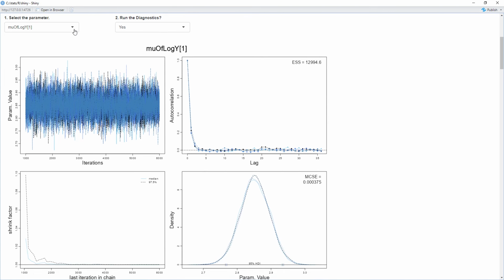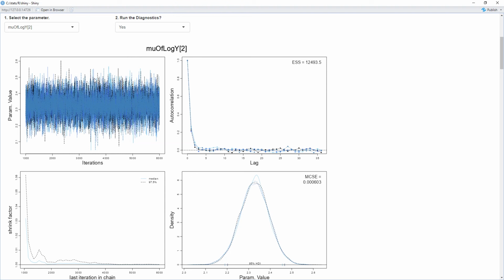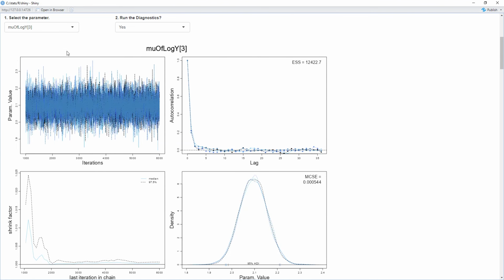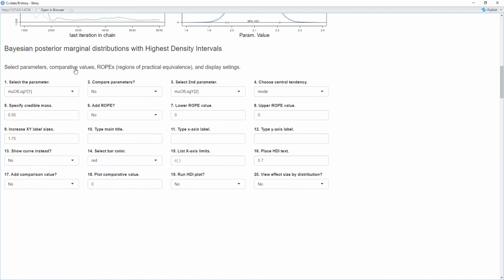And just to show how it works, we can go on to the next group. And you can see a high effective sample size, very similar statistics. Trace plots look about the same, and we can just go to the next one and it'll produce the same graphs for us. So let's go on to